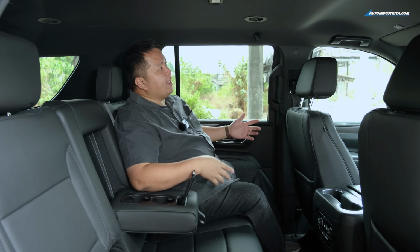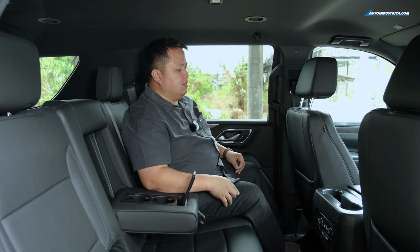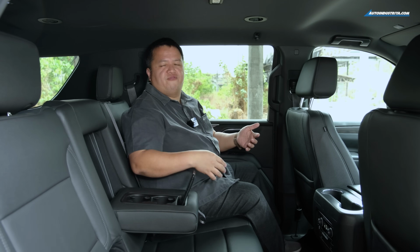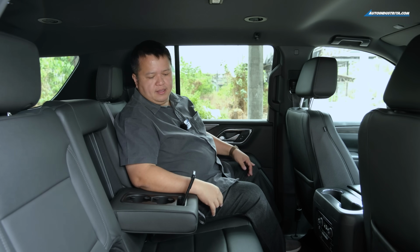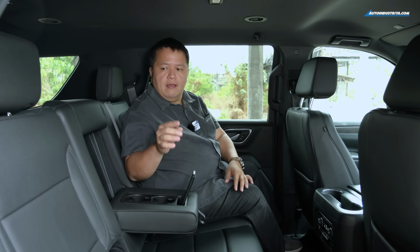I wish it kind of had it, but then again, it's pretty hot in Metro Manila and the Philippines in general. So that's perfectly fine. I do wish the seats felt a little better because it seems a bit too plain here, but I can understand why they went this way because over in the States it's more meant as a family car, but also